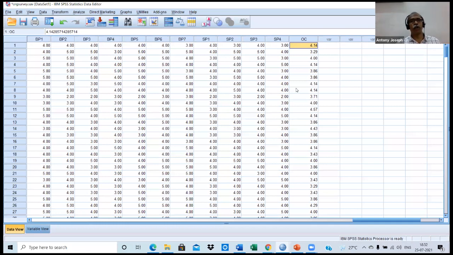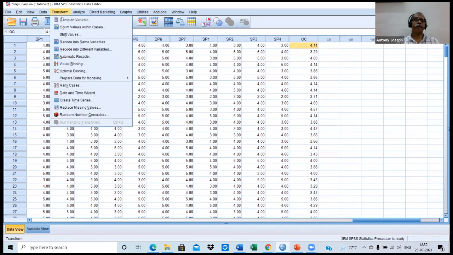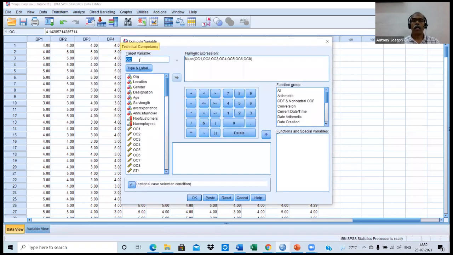I would like to show one more here. Again, you go to transform, compute variable. Cancel all those. The next item after OC is ST, that is structure, organizational structure.